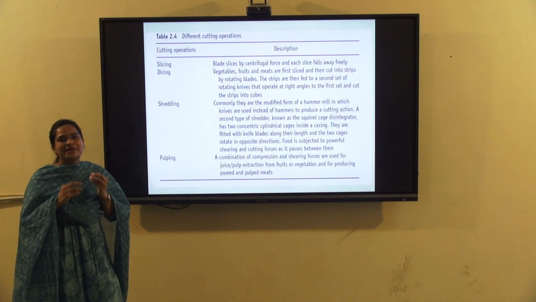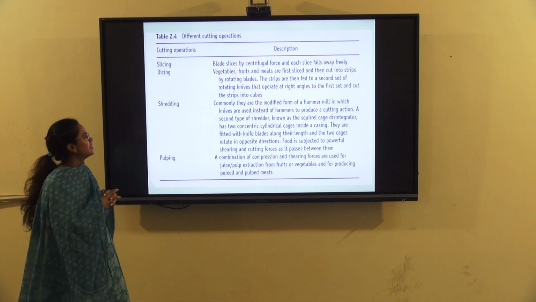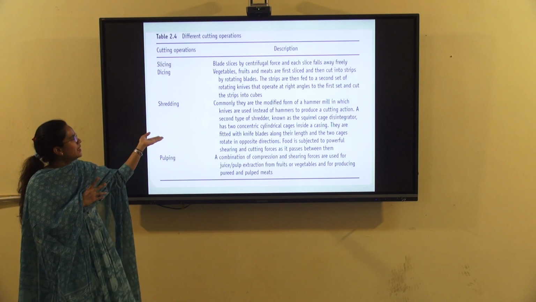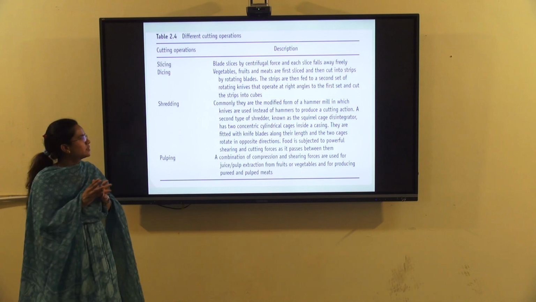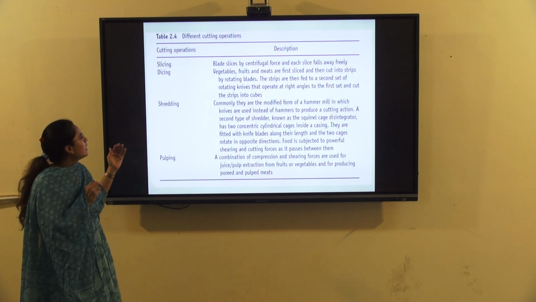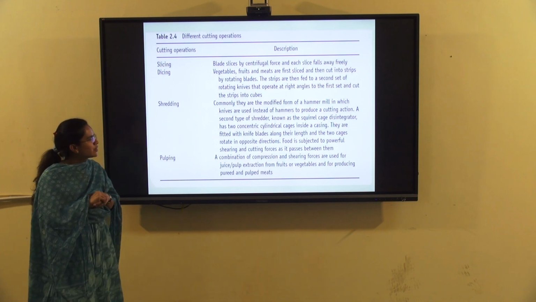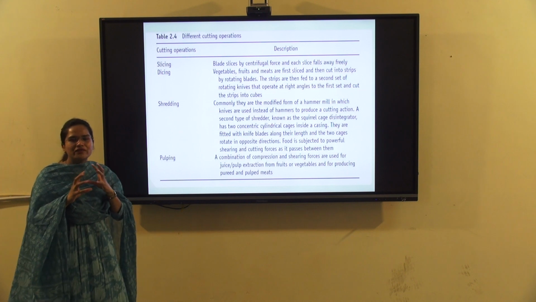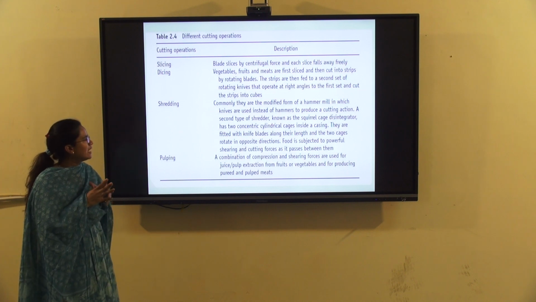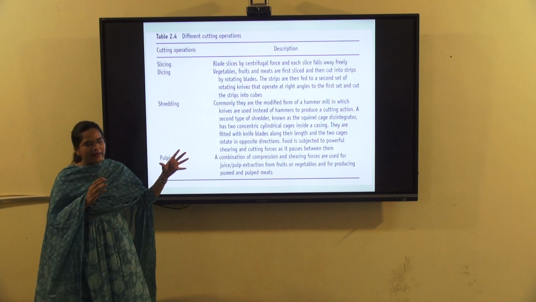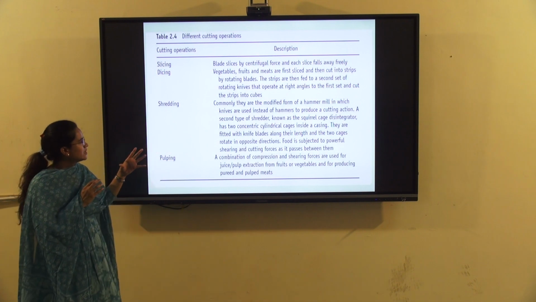Dicing is mainly used for fruits and vegetables, which can be cut in the shape of strips by rotating blades. And threading is commonly used as a modified form of the hammer mill, in which knives are used instead of hammers to produce a cutting action. A second type of